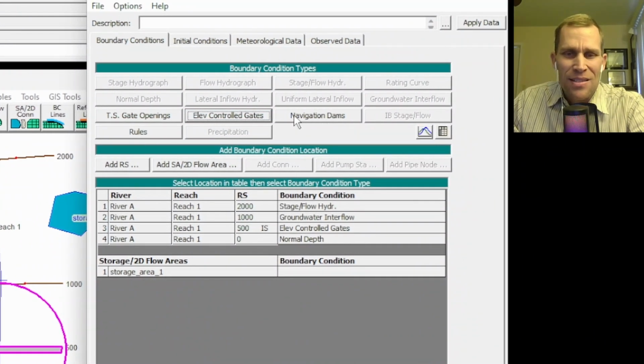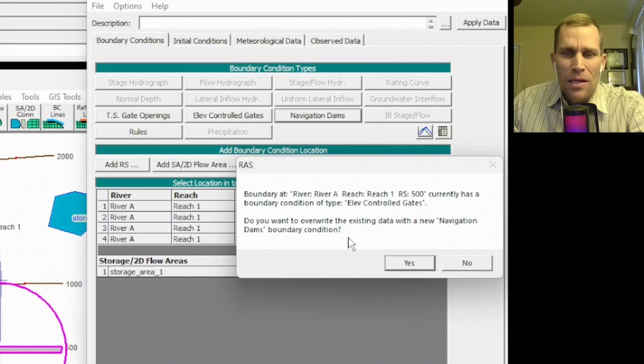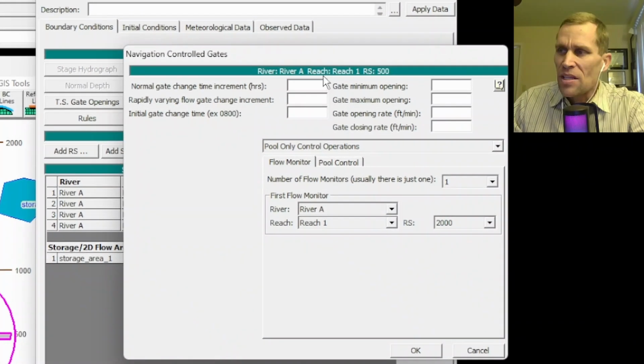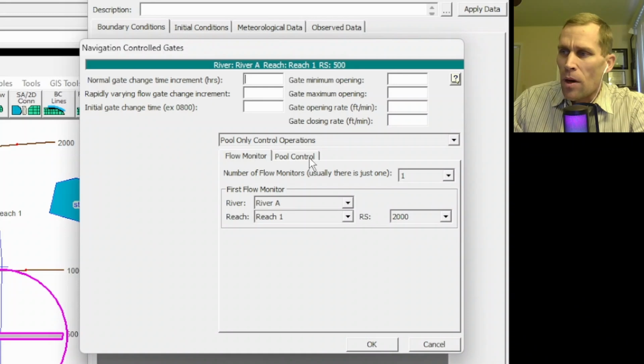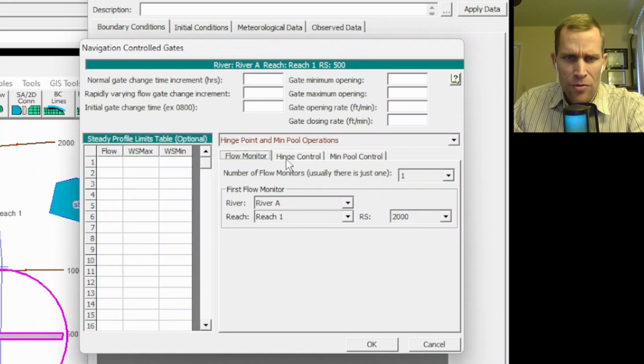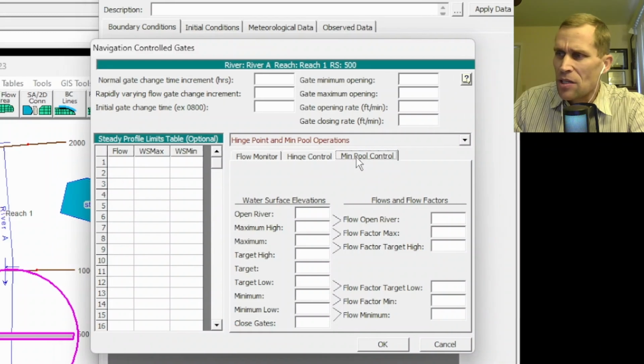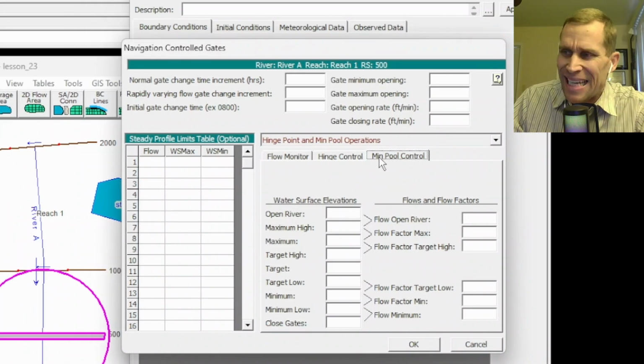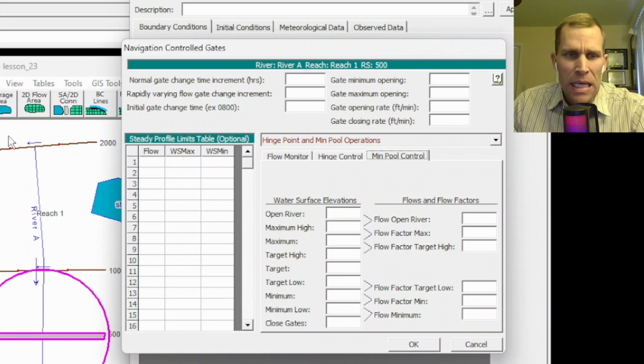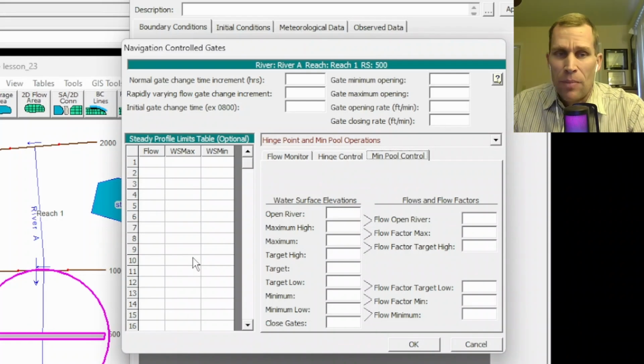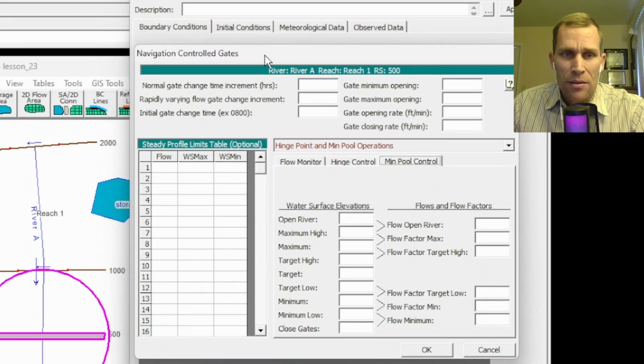Navigation dams is the next one. So I'll click on that. I'll click OK. This option allows the user to define gate settings, flow monitors, hinge controls, and minimum pool operations using some of these tabs right here as an advanced way to control inline gated structures that are used to manage the water surface elevation in the reach. Now, this is a little bit too complicated and beyond what I want to talk about in this very first introduction lesson about